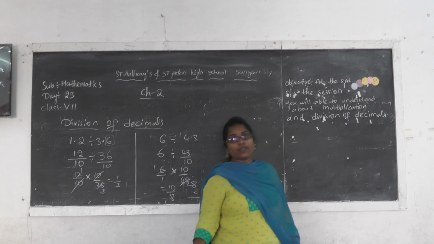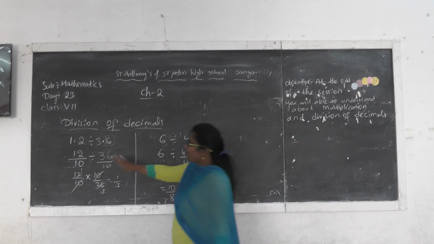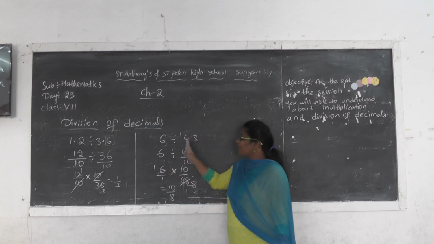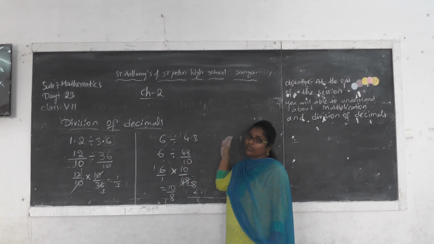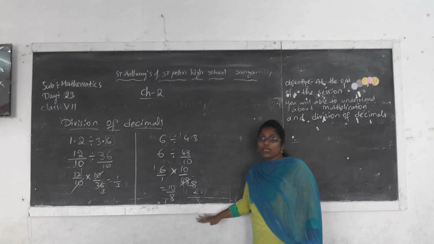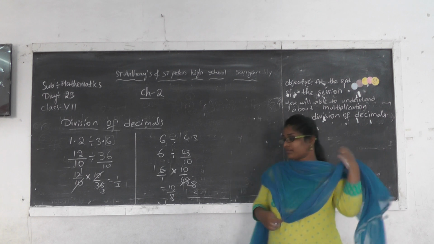So in this way we have to convert a decimal number into a fraction and then do the division. Here also, when we are dividing a whole number by a decimal number, we convert to the form of a fraction and then do the division. Clear? Next,